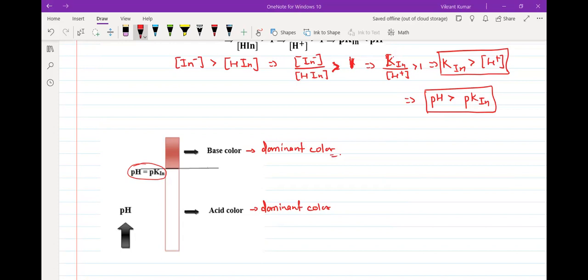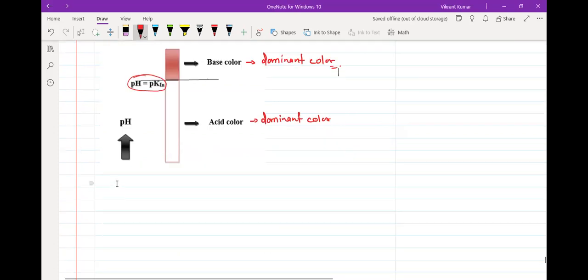And we say that कि if you want the best indicator for a titration, theoretical discussion है पूरा, then we will say that indicator for which end point is coinciding with the pH at equivalence point, that will become the best indicator, है ना? Is it okay? So the conclusion is,